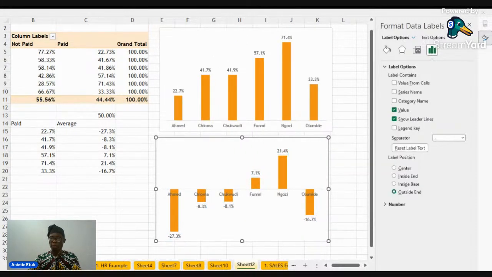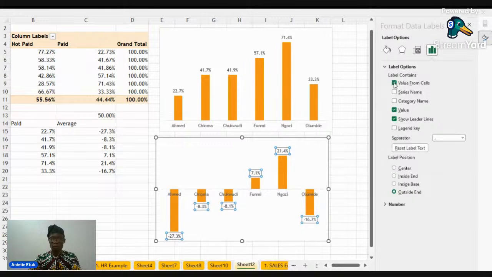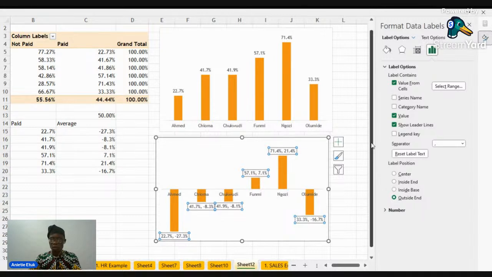Under the label options, we say value from cells. Click value from cells, this box will pop up. We'll drag from here to here, and then we say okay. Then we'll uncheck the value here. Good. You can see we have the original values now.